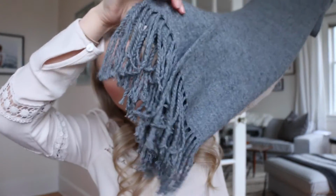Okay, fashion items. The first one is this big, long gray scarf with little tassels on the end. I think plain scarves are becoming all the rage again. But I see a lot of people just wearing them long, and it feels kind of English. Like being in London again, everyone feels a little bit more posh and polished with just their scarf hanging down,